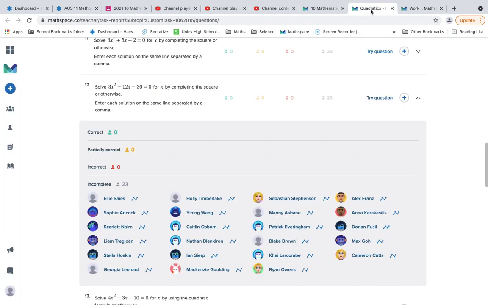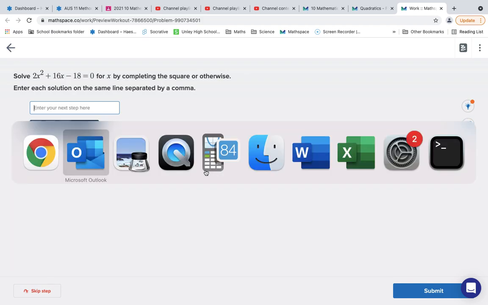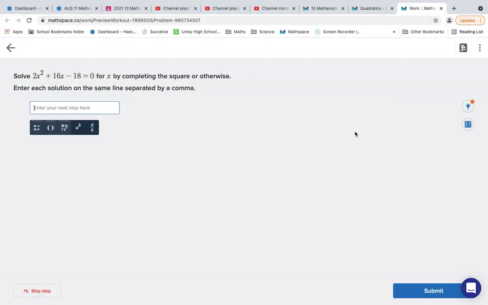12 from the further quadratics task. This is really good task to be doing. I think this would really prepare you well for the test. Now, the reason I wanted to do this one is just because it has a completing the square, but like in a previous video I made,